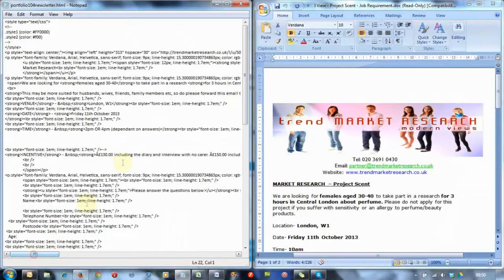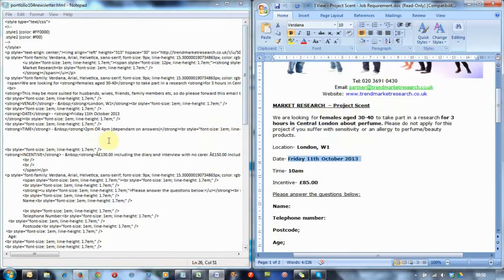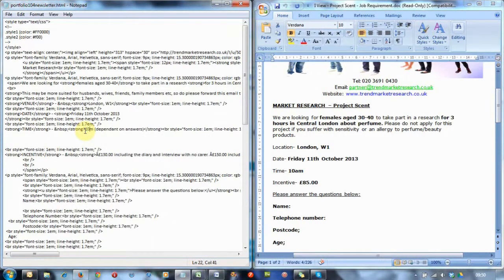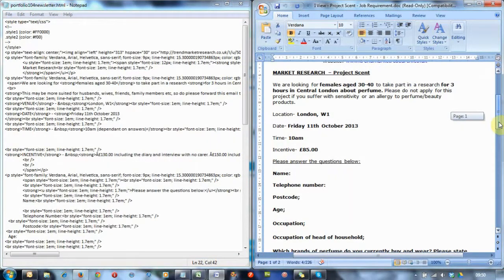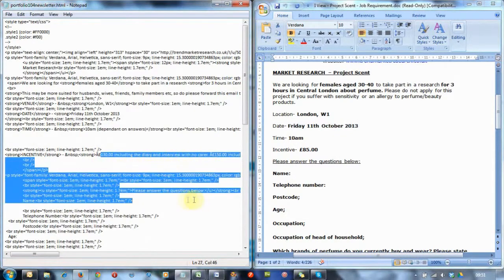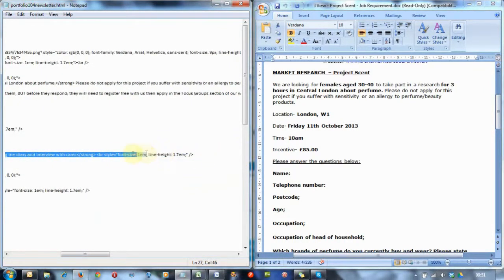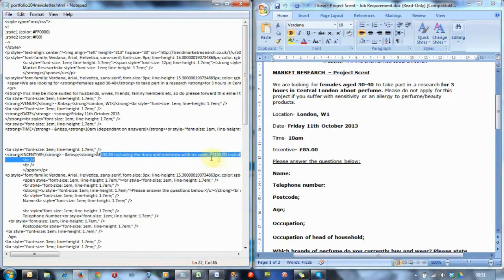And where's the end bit? Right, the time is, and this one is 10 AM. I just need to change this here. And the incentive, the thing